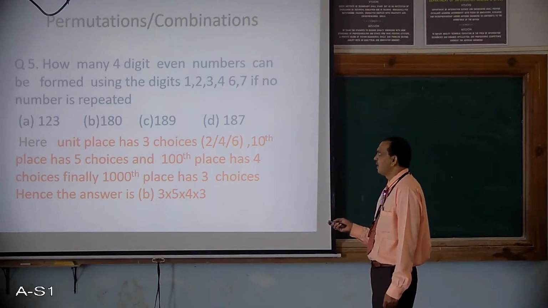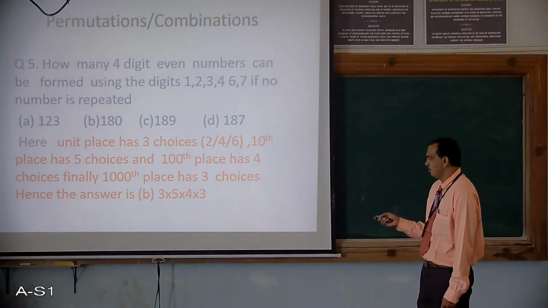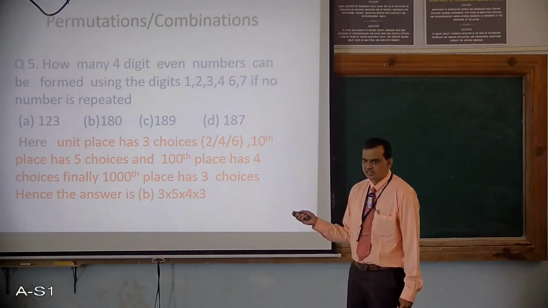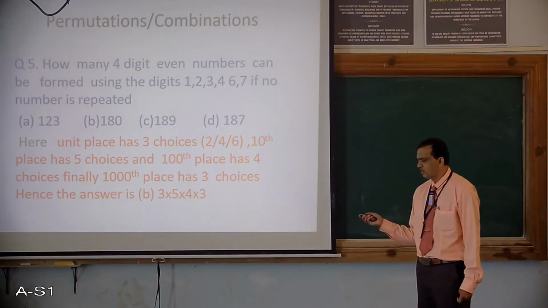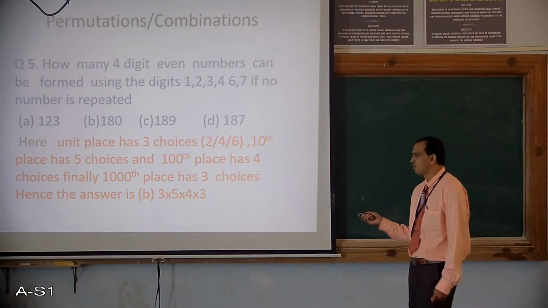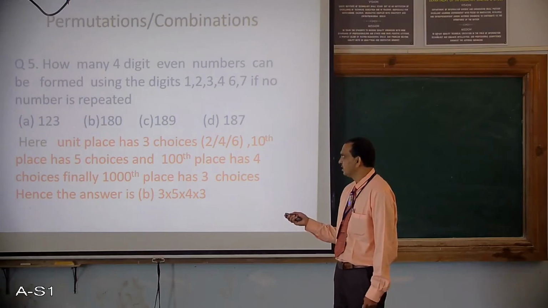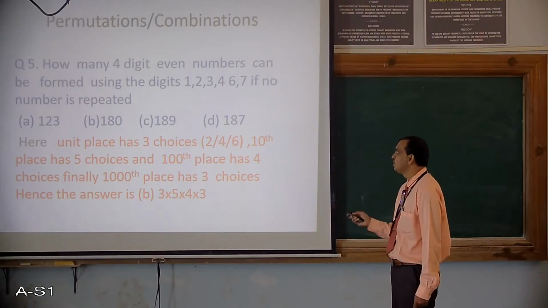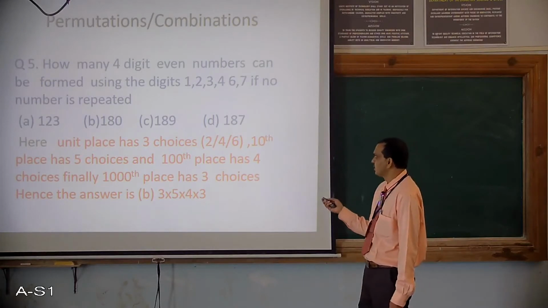Always remember, prime numbers do not have any role to play in such countings. Obviously, because in countings normally we have multiplications, whether it's permutation or combination. Of course, combination itself or permutation only, some sort of permutation with no repetition. Hence, if there are prime numbers, immediately you have to ignore them. So whichever is prime among these, you have to ignore. Probably the last one is a prime number.